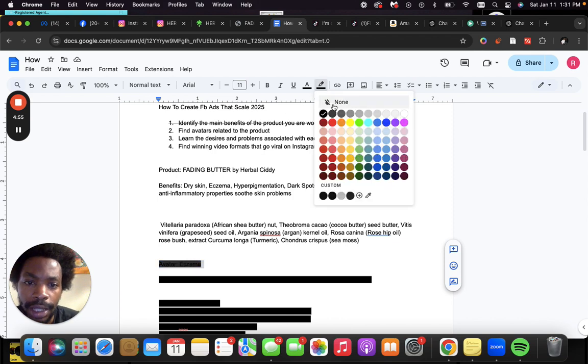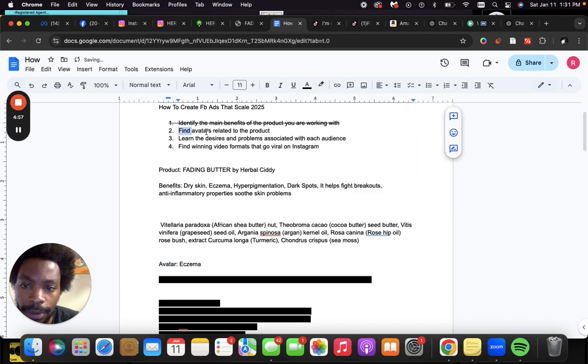So the avatar that we're going to choose, we're going to check that out because we already pretty much understand the avatar that we want to use. We want to go with eczema, right? And then the next thing we need to do is learn the desires and problems associated with this audience, right? So the way I do research to learn about the desires and the problems associated with the